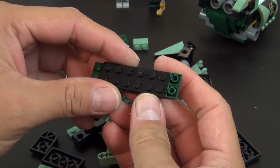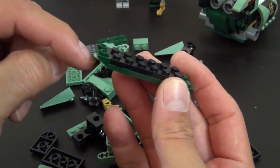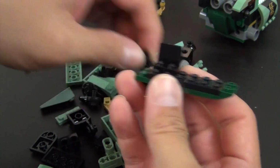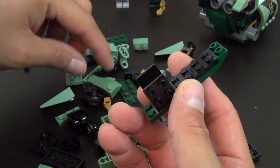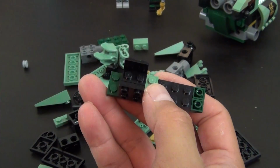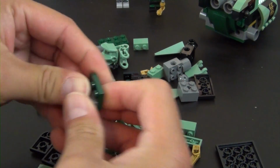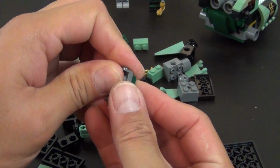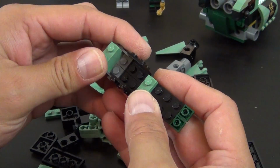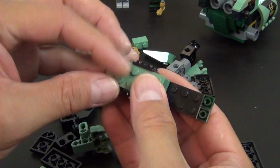Alright, so you could see we're starting with more green. I do like these inverted slope shapes, kind of where it creates that inverted curved slope. I was doing some sorting and storing of parts. I disassemble a lot of these sets that I build, probably about 90% of them get disassembled pretty soon after they're built. But anyway, as I was sorting them, I ran into quite a few of those inverted slopes, and my collection of them is getting to be a good size to where I can actually start incorporating them into some of my mocks. Because I like to build bigger mocks,